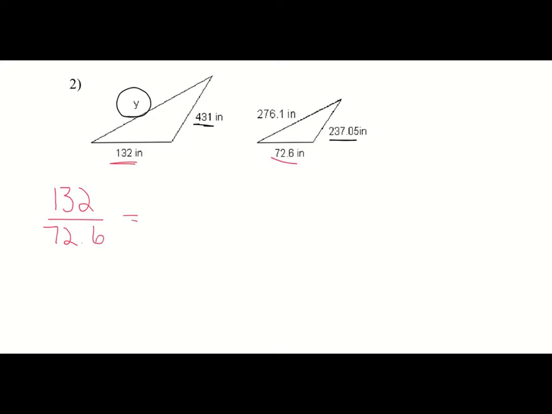And that will be equal to, the y is with the 132, so it'll be y, and that corresponds to the 276.1. So again, we'll cross multiply like a proportion. It's solved in proportion. So it'll be 72.6y is equal to, when I multiply, I end up with, let's see here, 132 times 276.1,